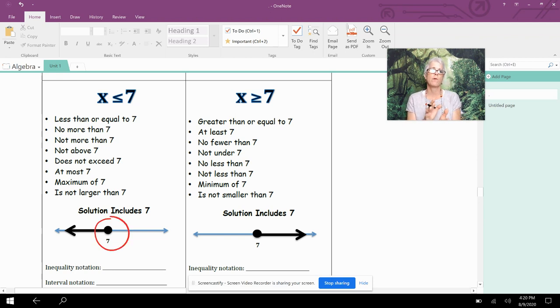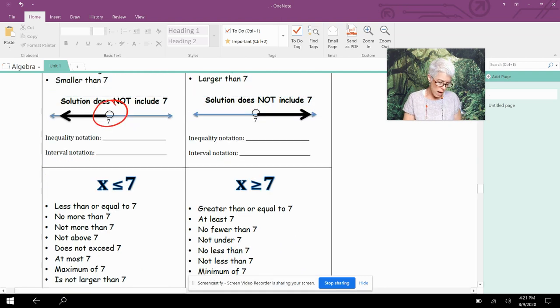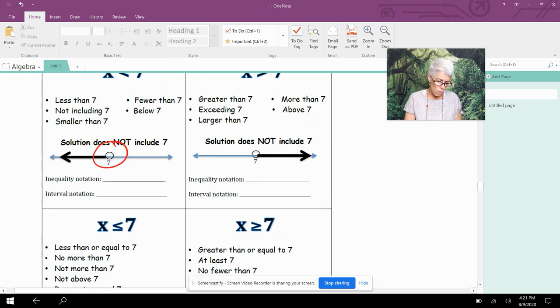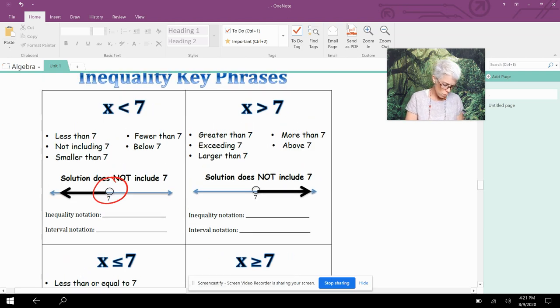Now, your teacher might refer to it in a different way. I don't know, I always just say a circle or a dot. But whatever works for you, because the important thing is that you put the appropriate symbol on a graph. So moving on, we also have all the forms here, and you're going to see the word inequality